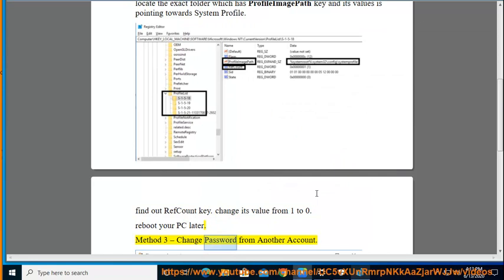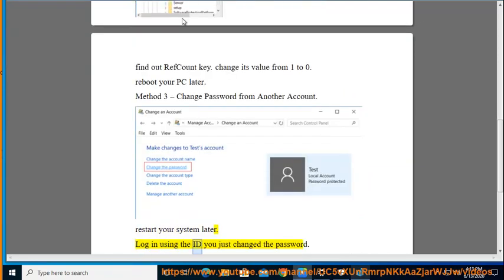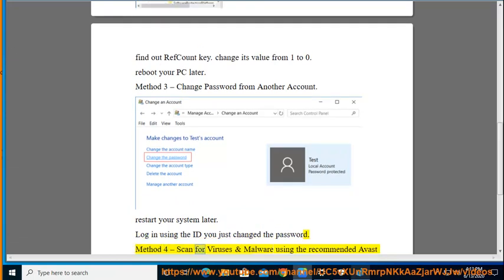Method 3, change password from another account. Restart your system later. Log in using the ID with the password you just changed. Method 4, scan for viruses and